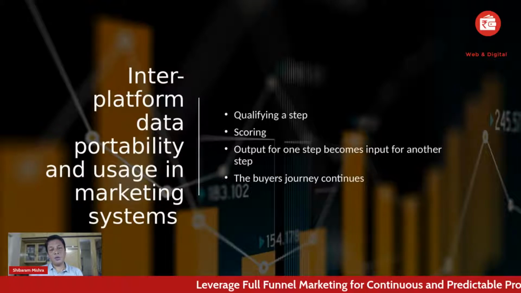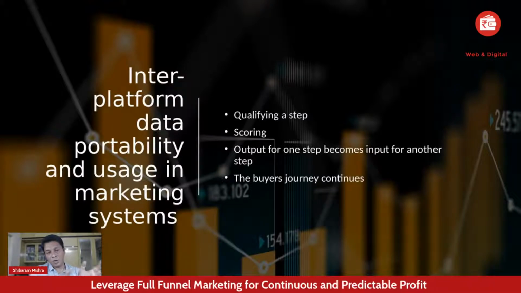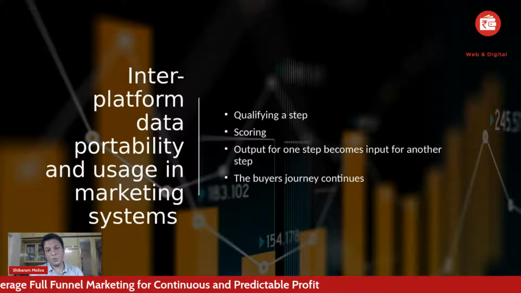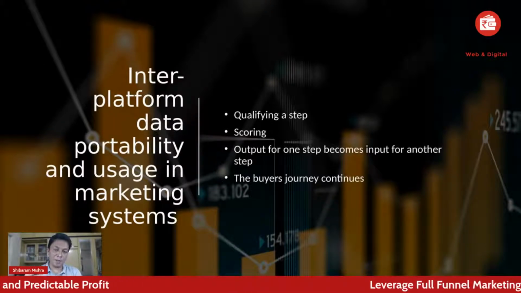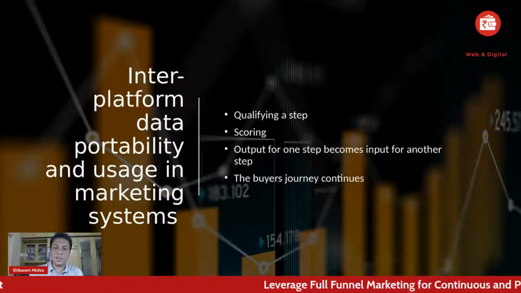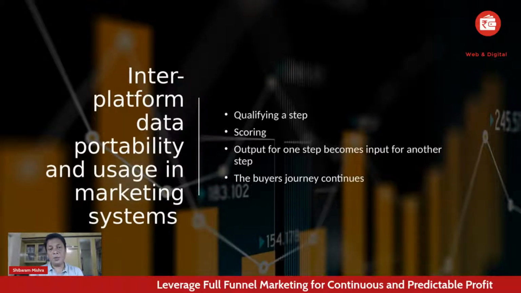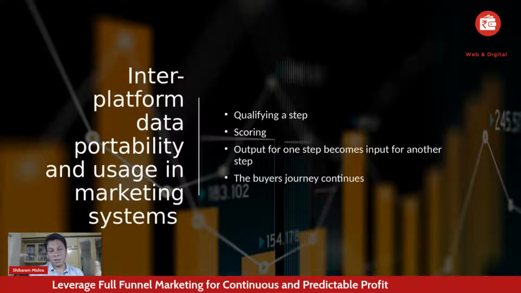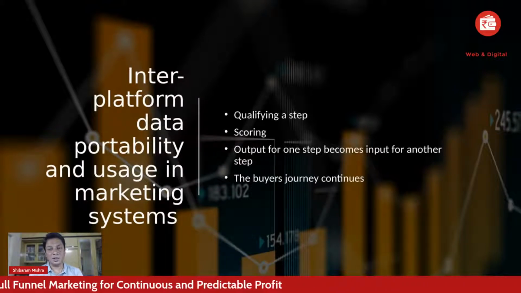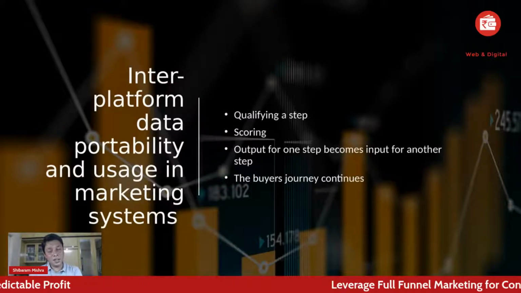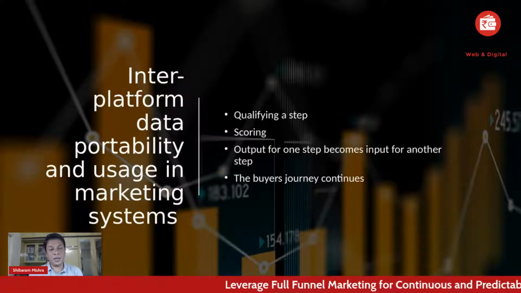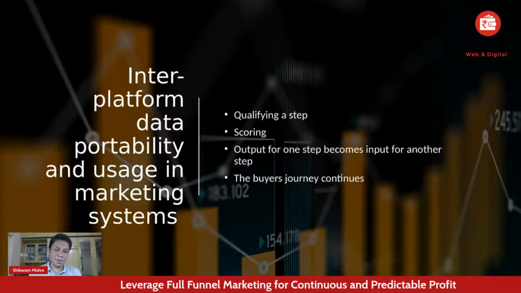So here what we need to do is qualify a step. How do you qualify a step? Like I told, somebody comes to a blog page, that is not enough. They have to download a PDF, then only they become qualified for the next level. They download a PDF, there is a form in that, or there is a link to a landing page there. So when they come there and click on something, they qualify for the next level. Because depending on the intent, imagine it's like a game, right? You complete a certain task, the next level gets unlocked.